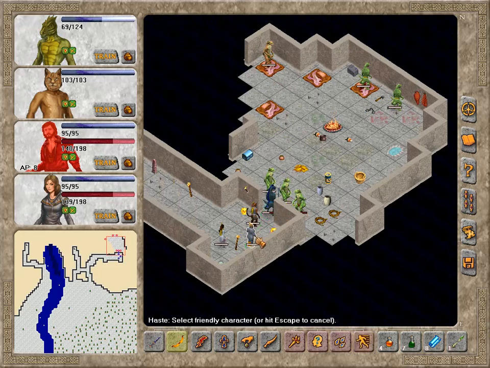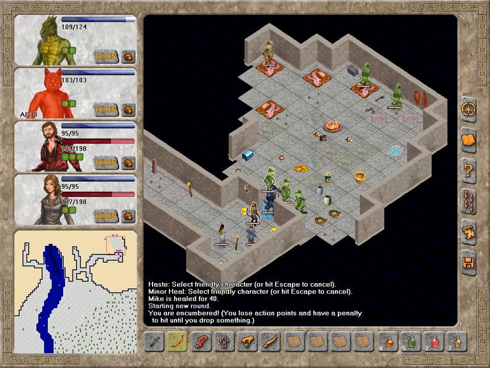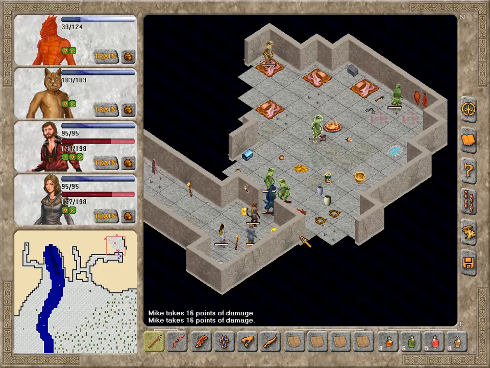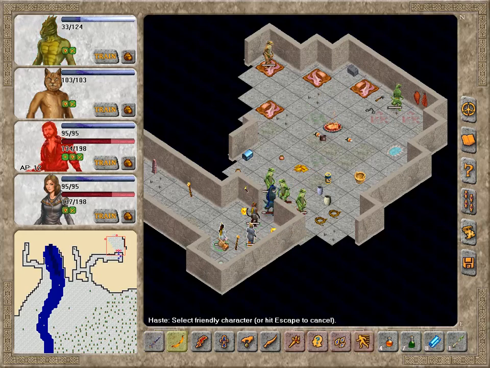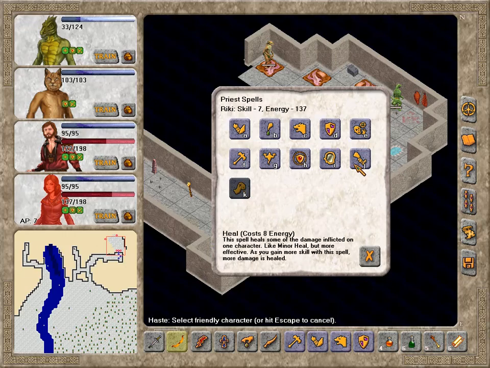I mean, I guess we'll start by hasting him. He'll heal. Can only reach... Well, I guess I could have shot one of the ones that Mike cannot actually reach. Yep, he'll get bombarded and also stabbed by his fellow reptilians. Yeah, actually let's haste her. May not be entirely necessary, but actually let's try our new...